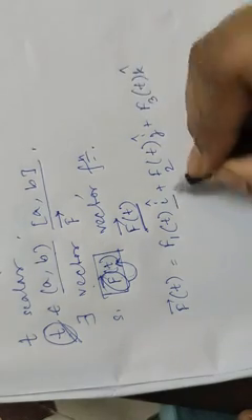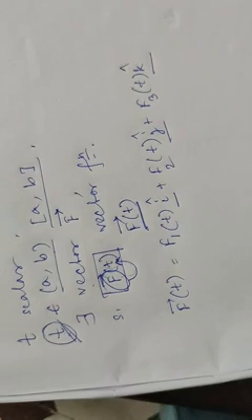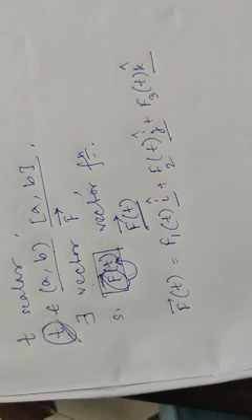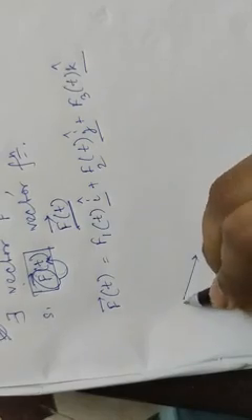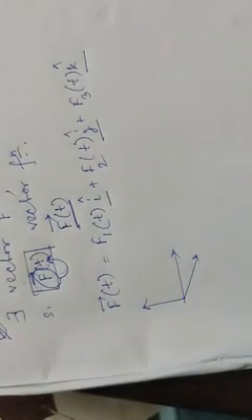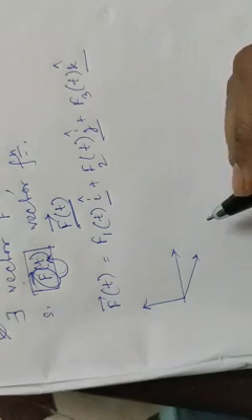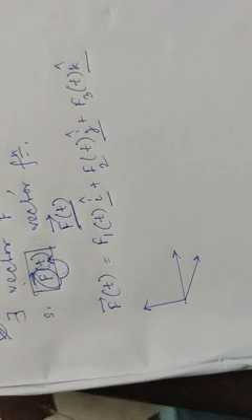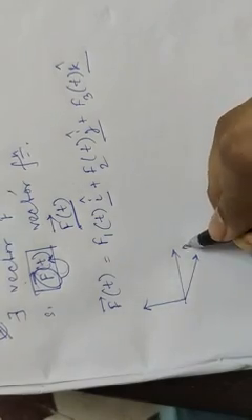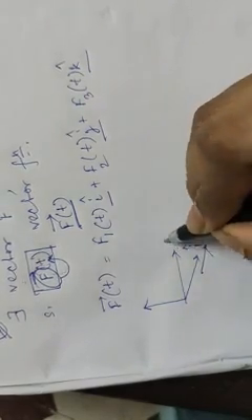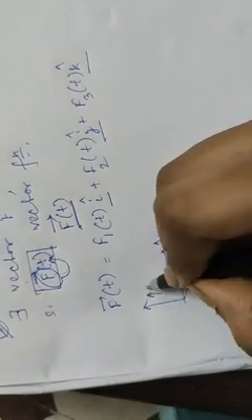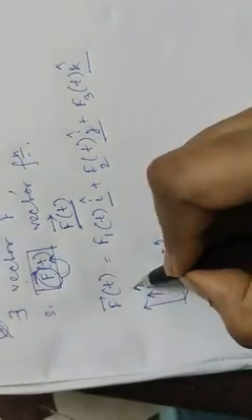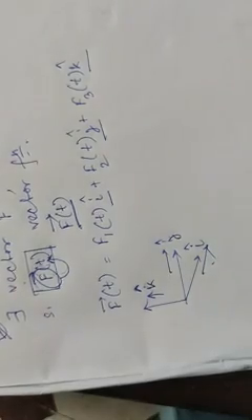And you know what i, j, k are? i, j, k are the unit vectors which are in fixed, mutually perpendicular directions. If we consider the x, y and z axes as the directions of i, j, k, they are the unit vectors. Unit vector means their magnitude is 1. So suppose this is the direction of the i vector, this is the direction of the j vector, and this is the direction of the k vector. We can take this, they are mutually perpendicular.